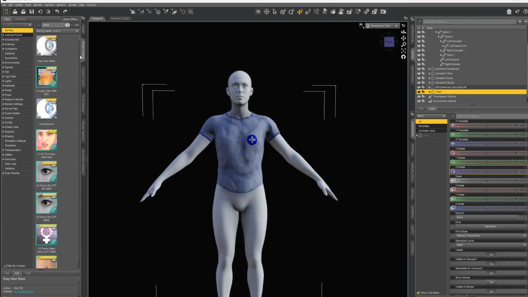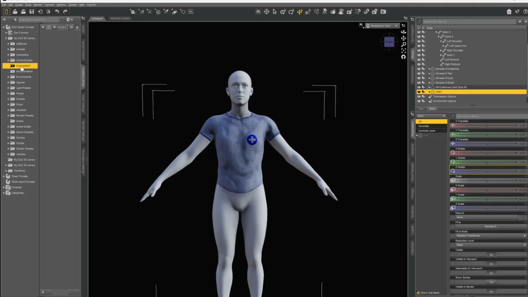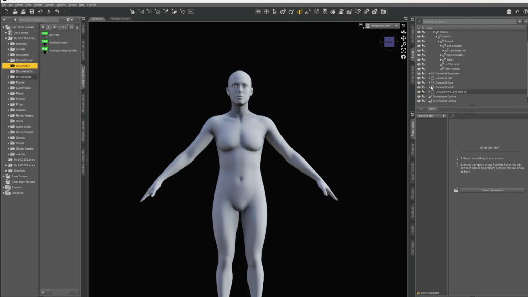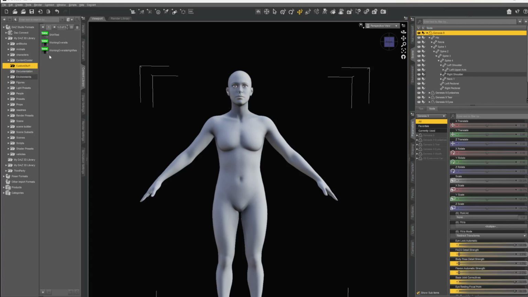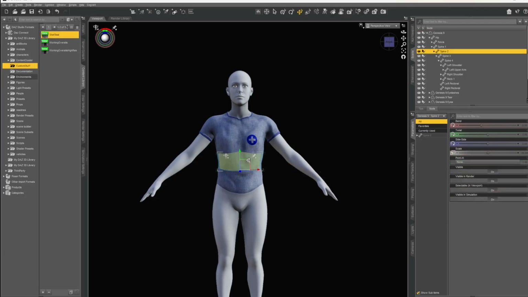And if I go now to my content library and go to my custom stuff, right under my DAZ library, I just made a subfolder. You can right click and create a directory. In mine, I put it under custom stuff. And there it is, shirt test. Now, if I delete this shirt and I select my Genesis 9 character and double click that shirt, boom, it's on. Okay, that's it.